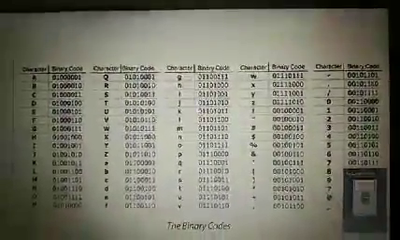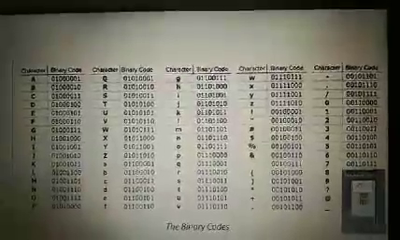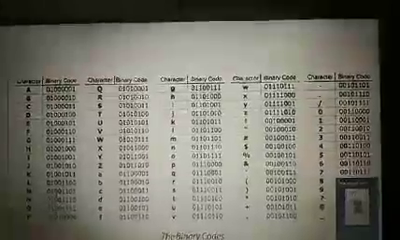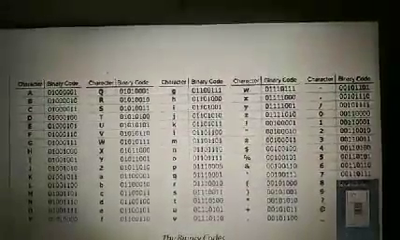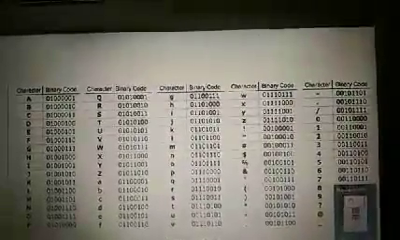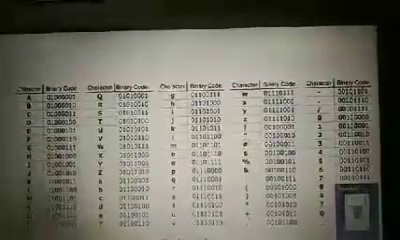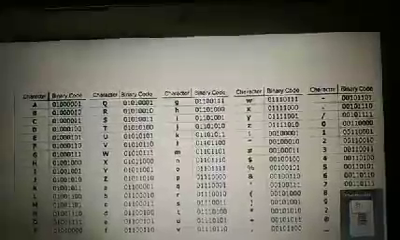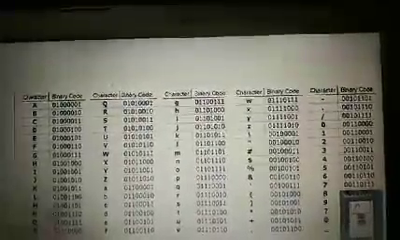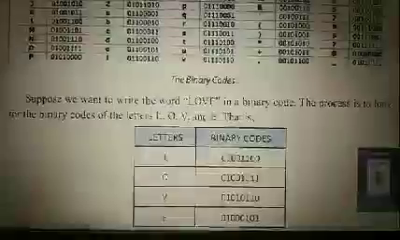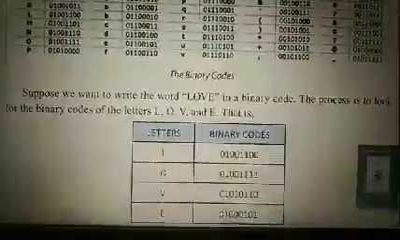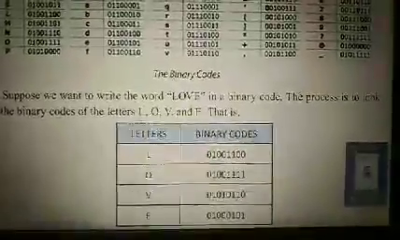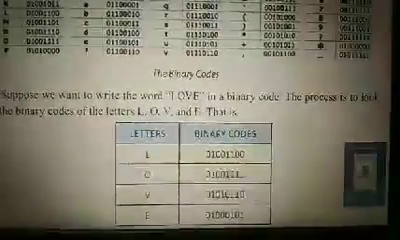The binary code for letter L is 01001100. For letter O, 01001111. For letter V, 01010110. And for the last letter, E, its binary code is 01000101. So as you can see, the word love can be written in binary code as 01001100, 01001111,